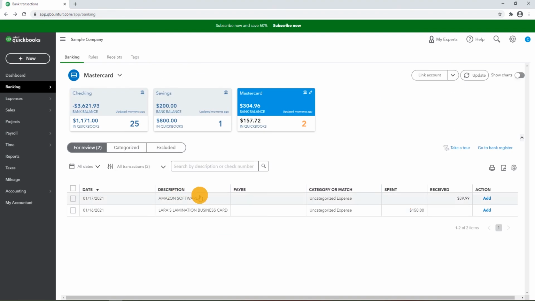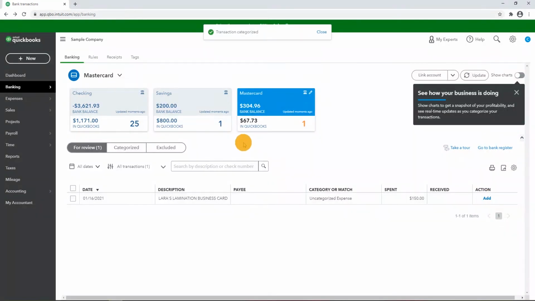Now we see more descriptions. And here we have Amazon software. So we purchased software from Amazon. And the other is the business card expense. Okay, then we know what those expenses are. So we can add these to QuickBooks. All right, so I'm going to add Amazon software first. But that will add these to uncategorized expenses. Okay, and to be more specific,